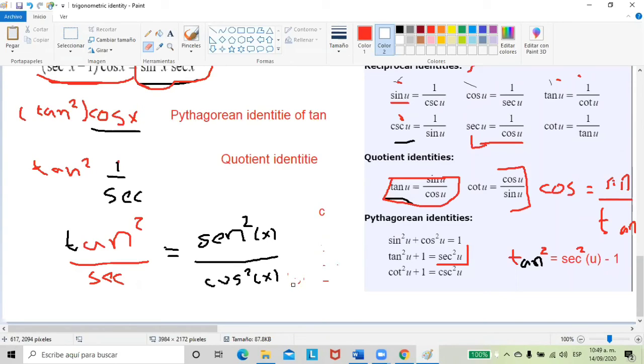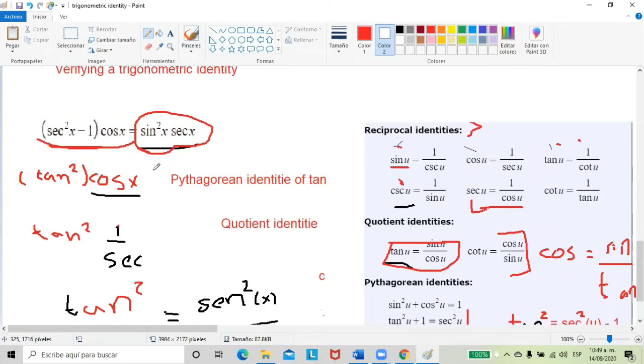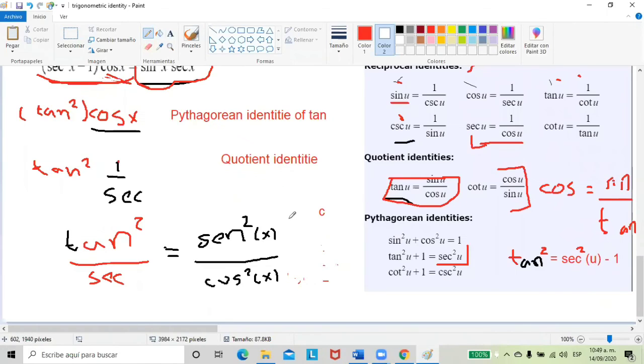So instead of writing the secant, we only leave this as it was at the beginning, cosine. So we write here cosine of x,